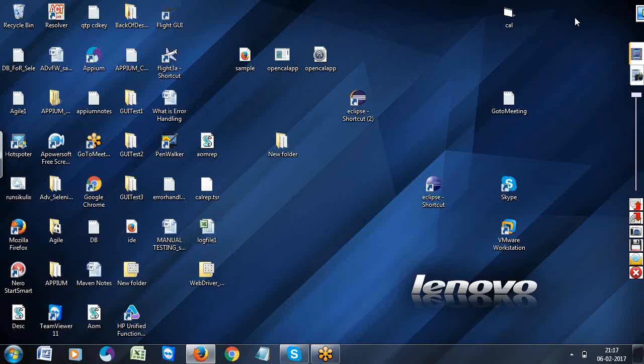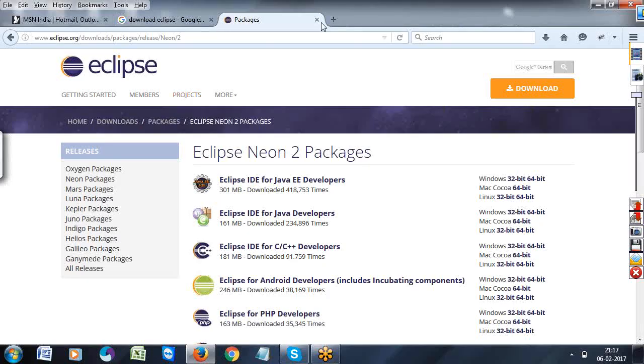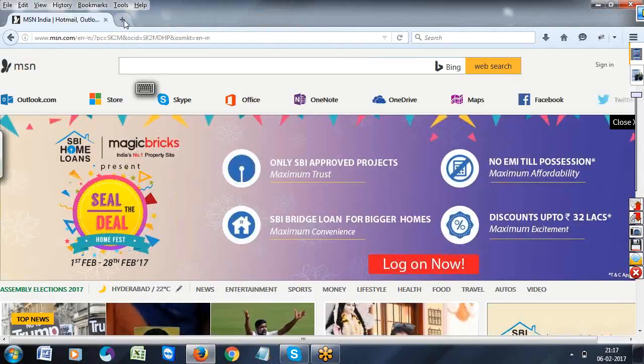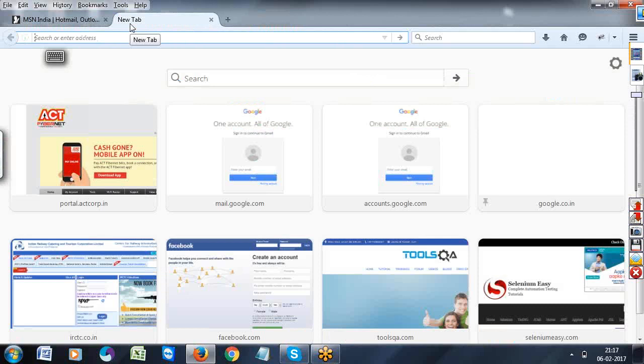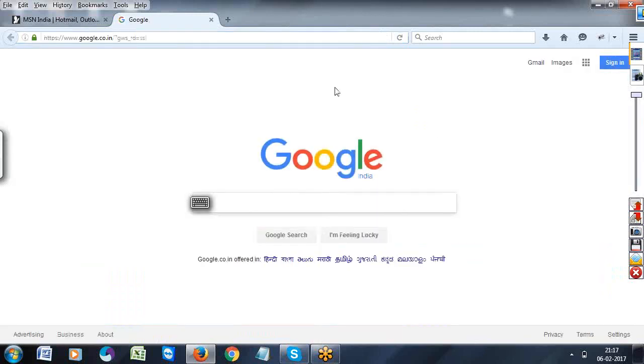Hello Rakesh, are you there? Yes, Sreekanth. I can give one point. You can open the Firefox browser. Whenever we open the Firefox browser, some website is also open, Google or something, right? Now here there are menus: file menu, edit menu, view menu, history menu, bookmarks, tools, help. Is that there? Yes. If you click on the tools,